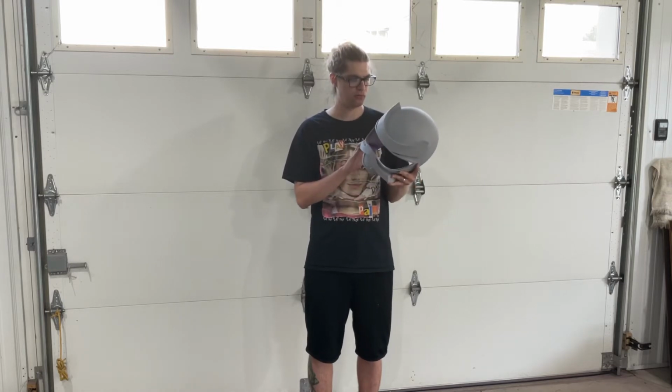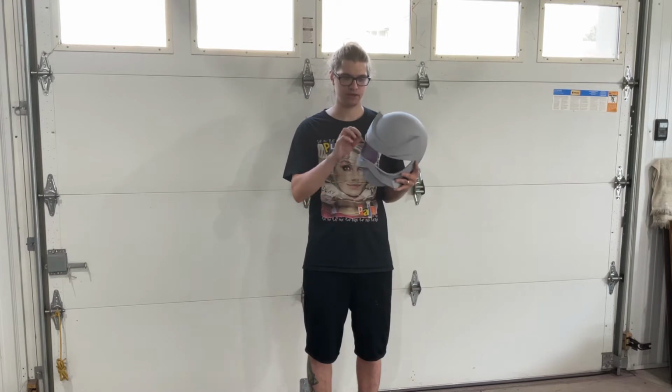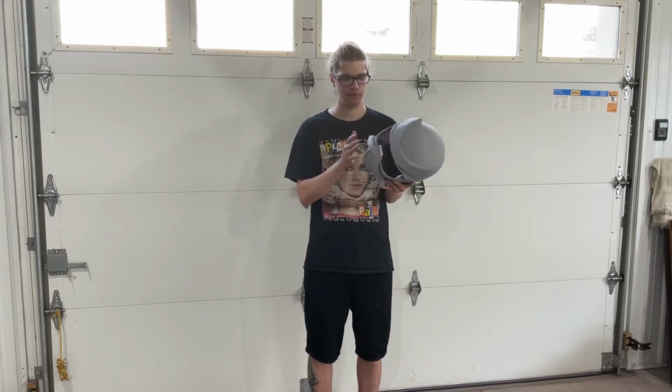Really beautiful model by 3D Command Center, of course. Kind of hard to get in some of these areas. We're gonna have to clean up some more still. We did a real quick